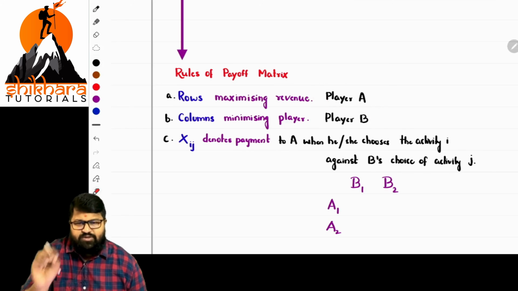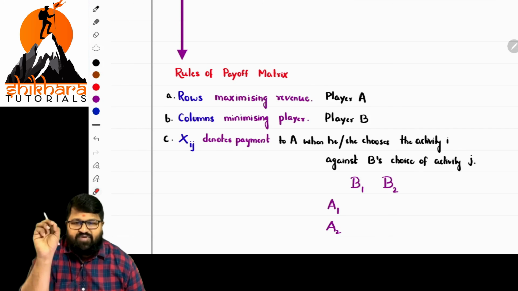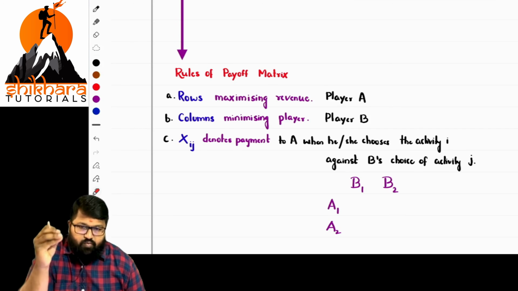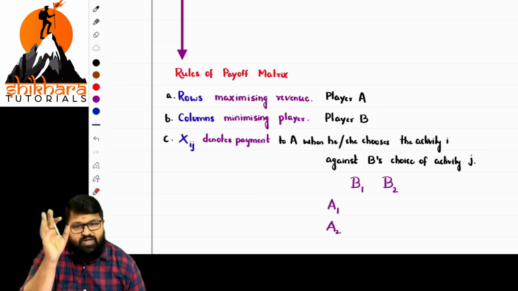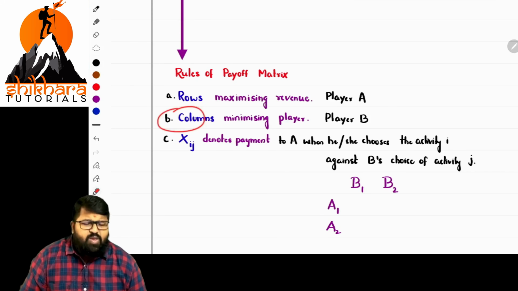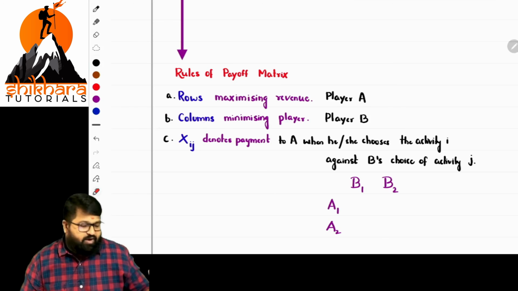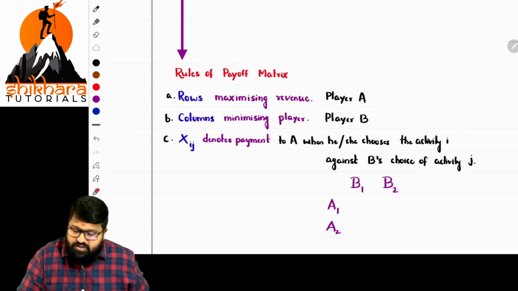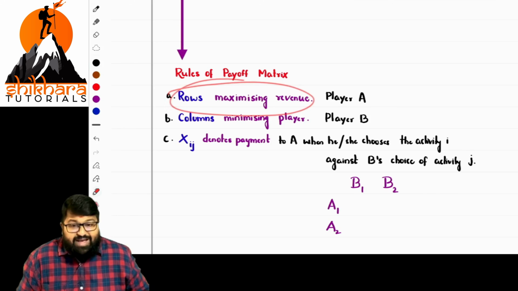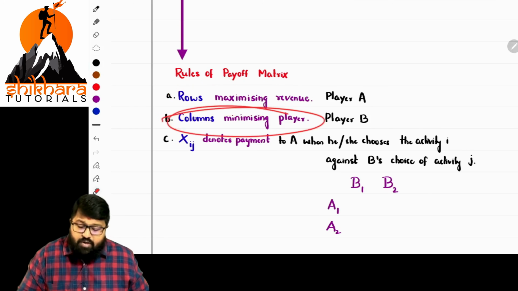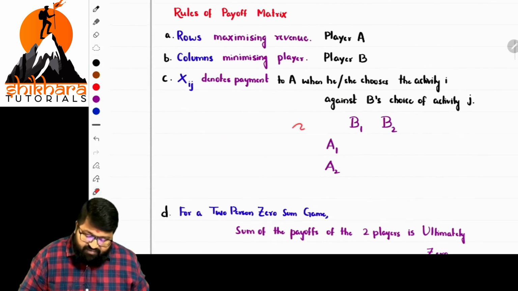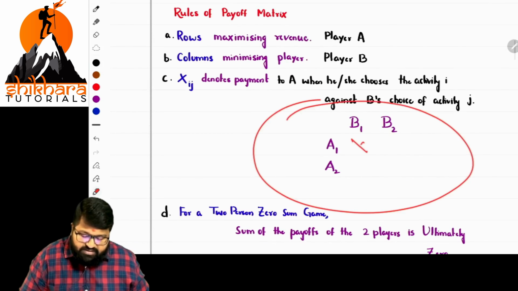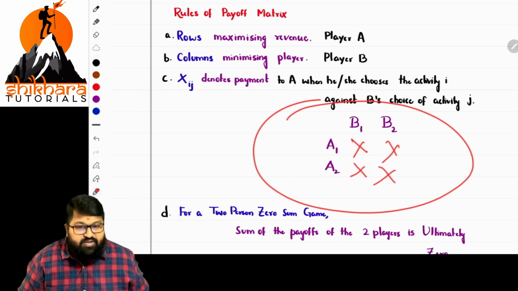You give the basic note, sir, that for the sake of convenience we are taking these values: the maximizing player's point of view as A and the minimizing loss player's point of view as B. You can take it. Okay. Columns. What are the columns? Minimizing player. So who will be opting for this part? Sir, rows will be opted by the maximizing player and columns will be opted by the minimizing player. And sir, when you represent it in table format, these are some values. Okay, those are the payoffs.